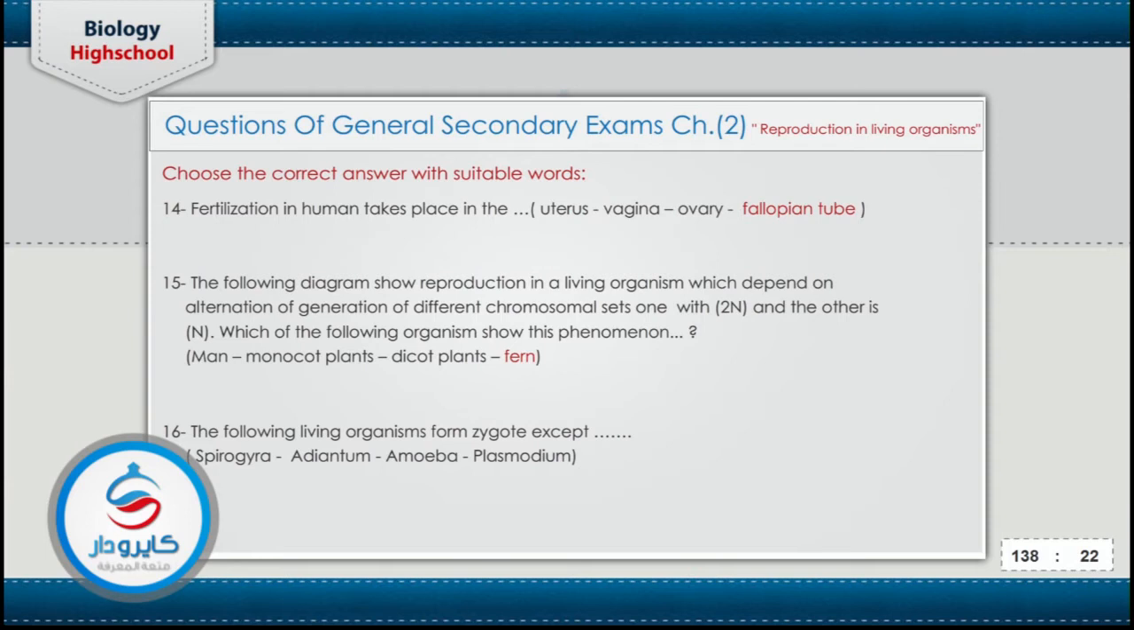The following living organisms form zygote except: Spirogyra. Spirogyra forms the zygospore after the conjugation or the fusion between the two gametes. Adiantum, in adiantum, male and female gametes fuse together to form a zygote, which grows to form the sporophyte. Amoeba